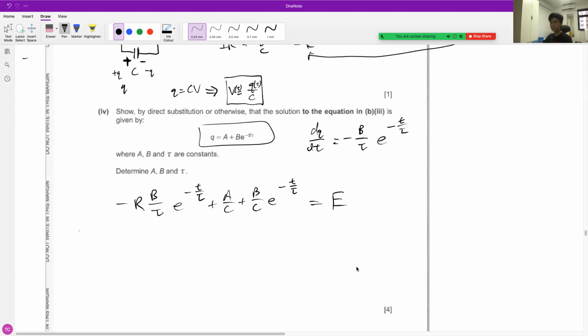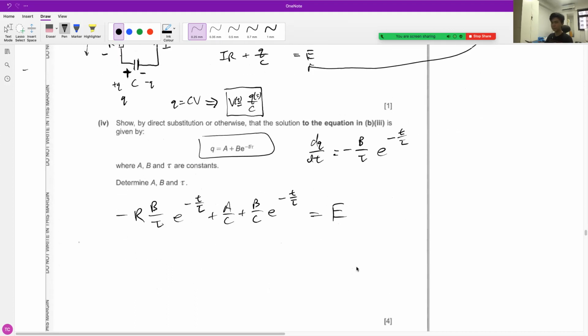With that, we notice a few things. On the left-hand side, we have a function of time. On the right-hand side, we have a constant. The fact that it's a function of time, and if you want both sides to be satisfied, if you want this equation to be satisfied at all times,